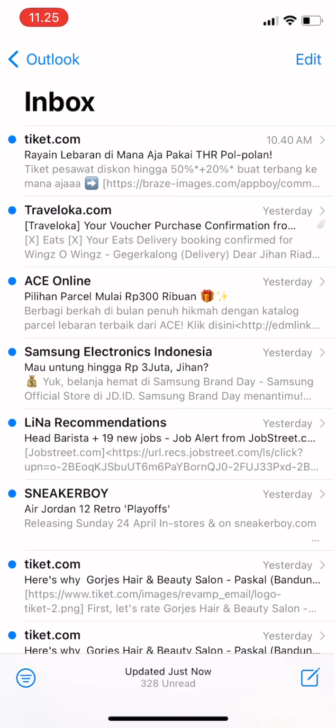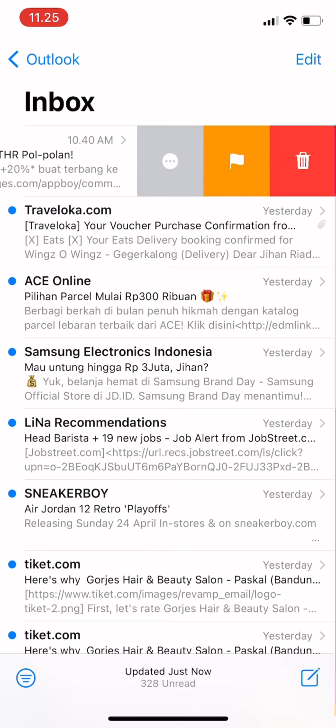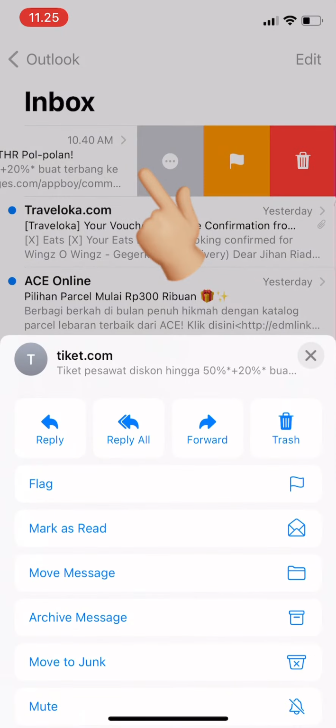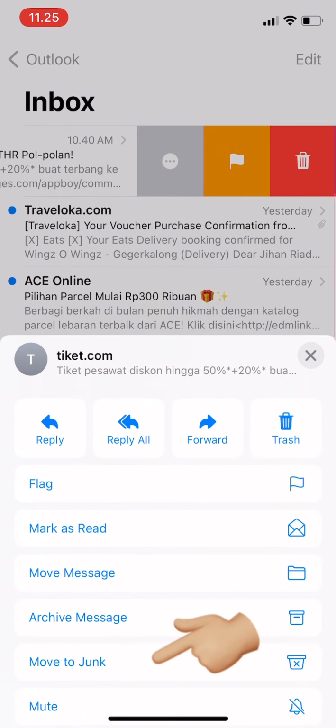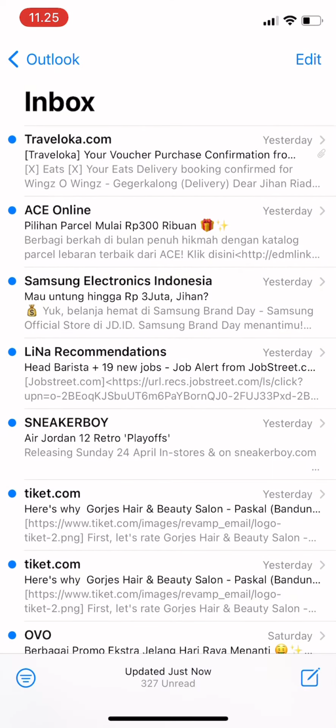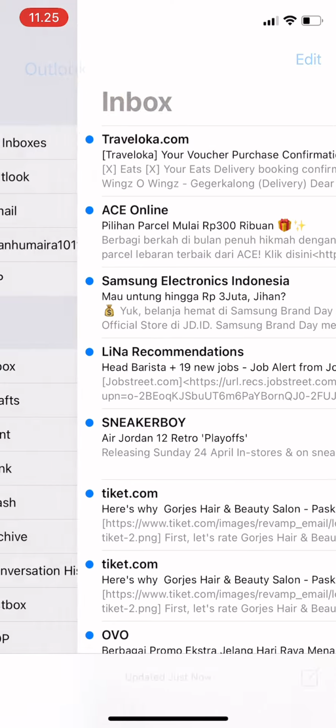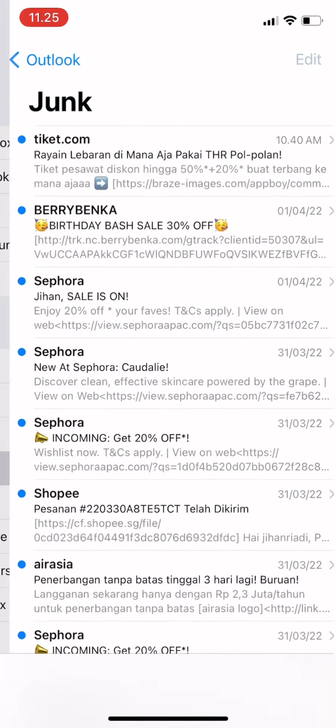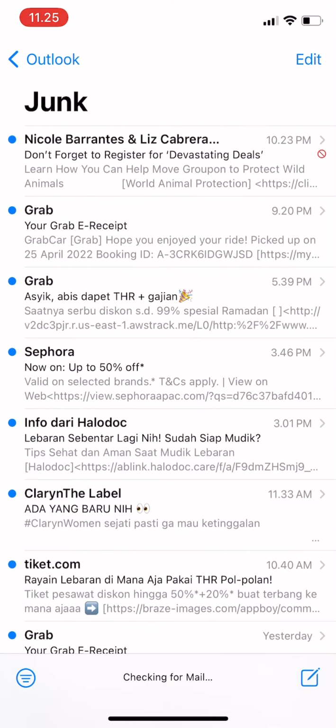So first you go to mail and then inbox, and then choose the email, and then you swipe left and tap there, and then tap move to junk, and your email will directly move, and then you just tap on junk, and then there's your email in the junk folder,